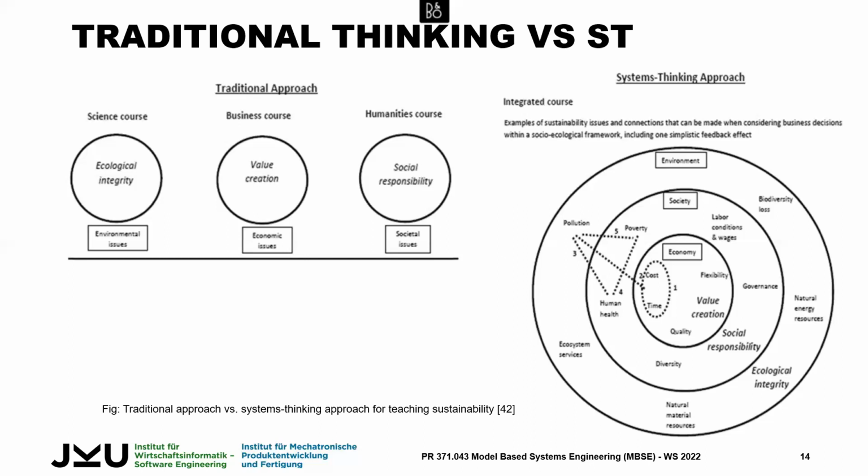So they are designing a course related to sustainability, and you see these courses are not really connected. They are really very different, or segregated. So you see, there is no effect. They cannot analyze the effect from this course to this course to this course. But you see, the traditional approach versus the system thinking approach for teaching sustainability,